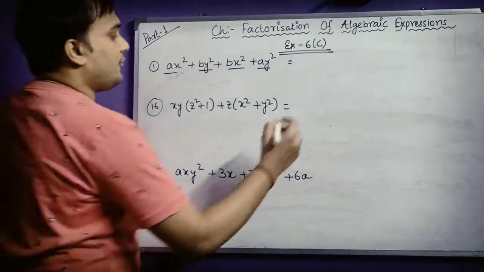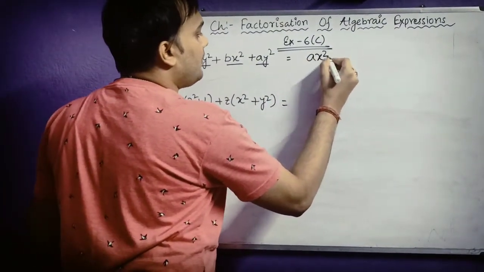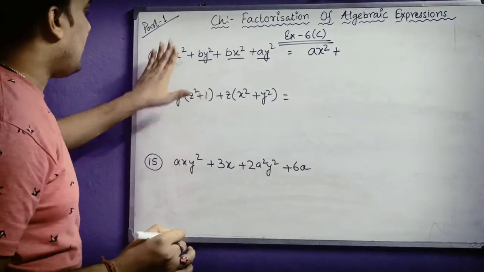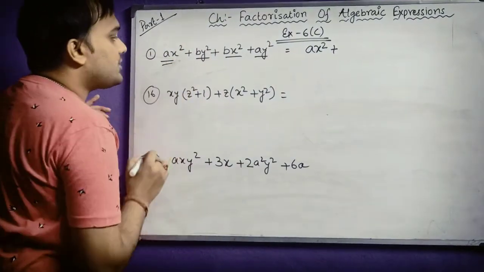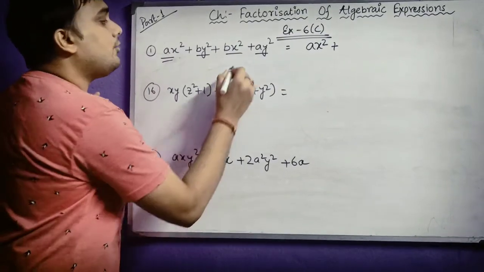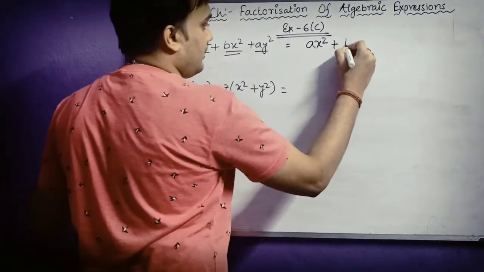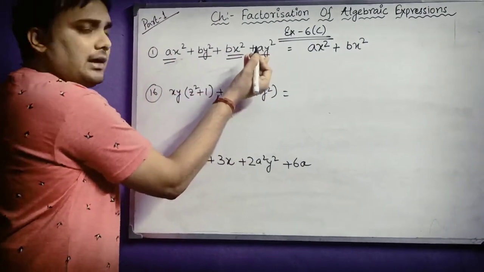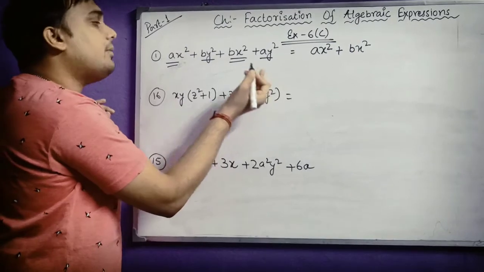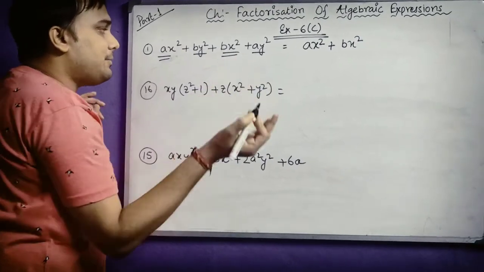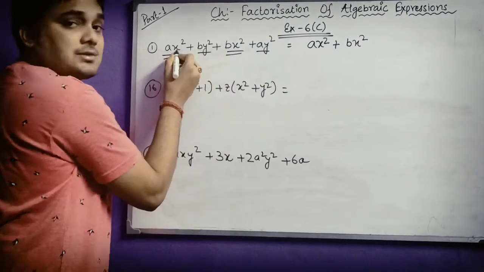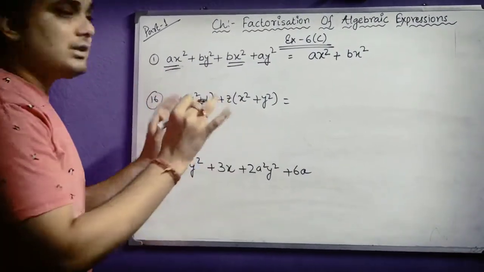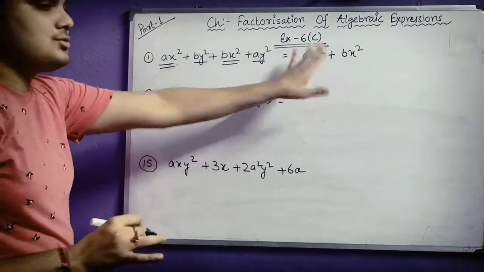So if I take the first term ax square, I have to see which term I should take along with it. I am thinking to take this term bx square, okay? Now you may think, why have I selected this one, not this one? You could have selected ay square also, no problem with that. But I have selected bx square, why? Because this term contains x square and bx square also contains x square, okay? Both have it in common. So I have taken these two together, okay?